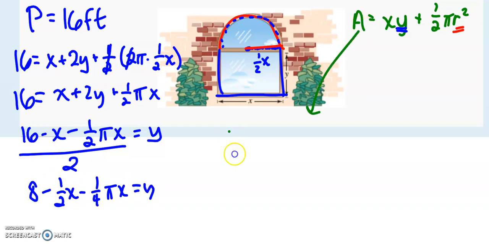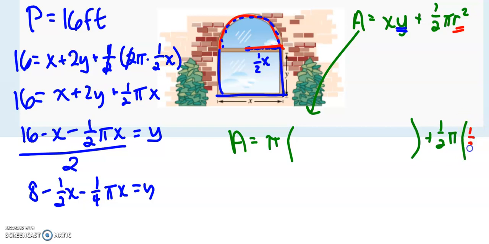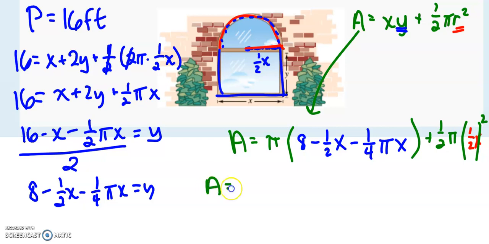So coming over here to my area, x times all that stuff, plus 1/2 pi, and then we said we subbed in my r to be half of x squared. I just covered up that x, but hopefully you can still see it. This is going to be 8 minus 1/2 x minus 1/4 pi x. All right, we're going to simplify as much as possible before I go to take the derivative. So I'm going to end up with 8 pi minus half pi x minus